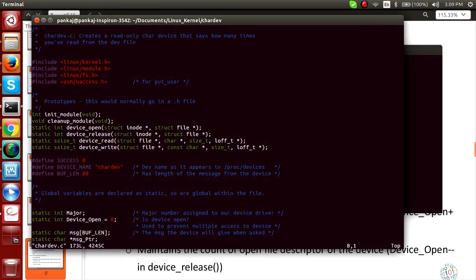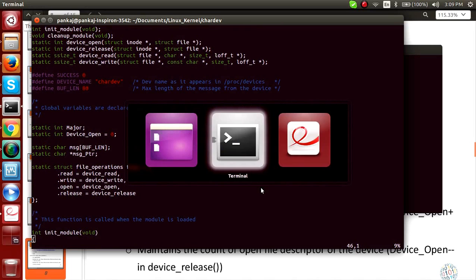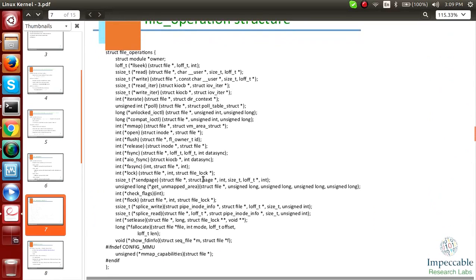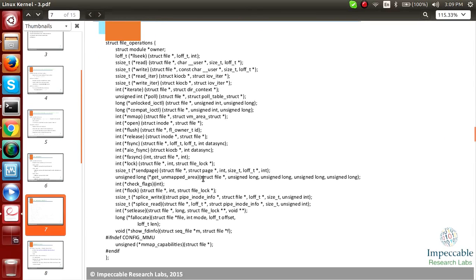First we will look into fs.h. This structure has all the possible operations on the file.